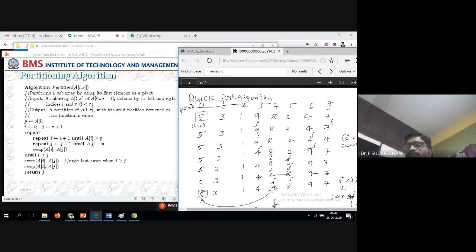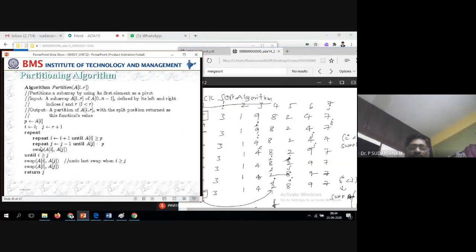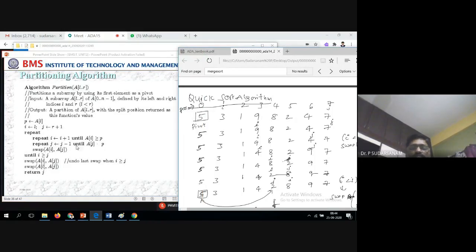How to write the program with respect to the same example, I'll tell you. Just with this example, you have to write it now, the algorithm also. So the algorithm is nothing but this only. So repeat until is nothing but what? I is equal to I plus 1 till you get a of I greater than or equal to the pivot element. That means here is 5, and the condition is, till you get the condition false, you have to continue that. That's how the Pascal code will be written.